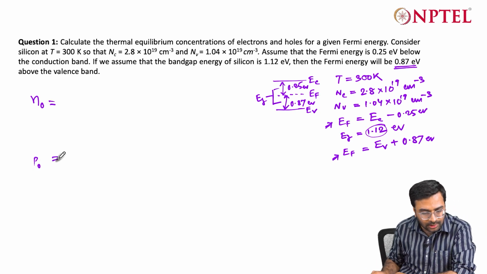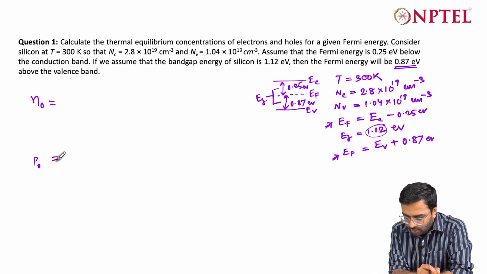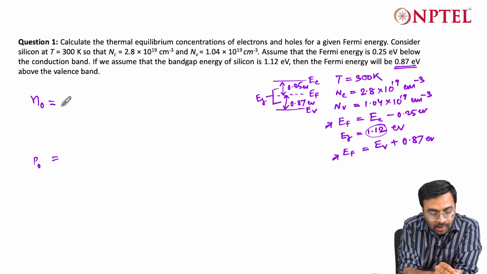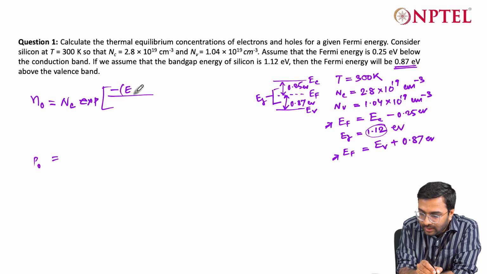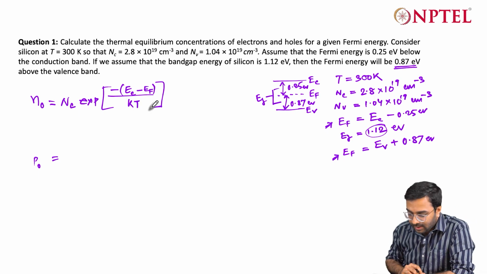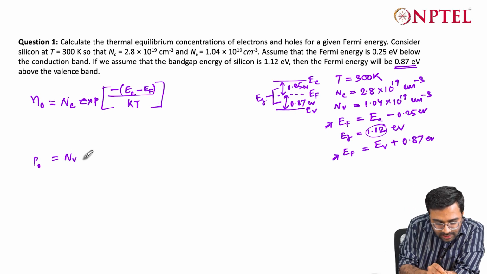We already know the value of N0 can be calculated by NC exponential minus (EC minus EF) divided by KT. Similarly, for P0 it is